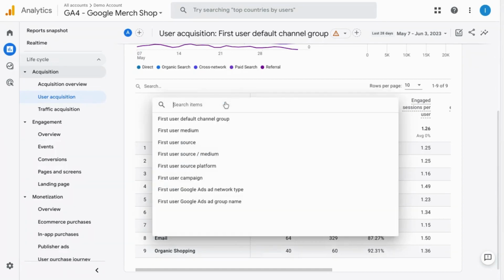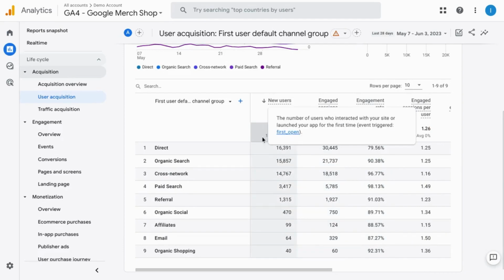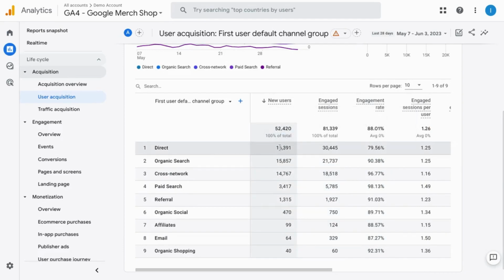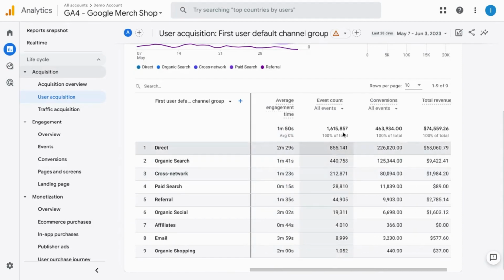You can change this to another first-time user dimension like you could with the acquisition overview data table there, and you have these metrics here to the right. And the table is sorted by new users in descending order. So we see a summary row at the top for the aggregate of each metric. There's engaged sessions, engagement rate, engaged session per user, average engagement time, event count for all events, and you can see